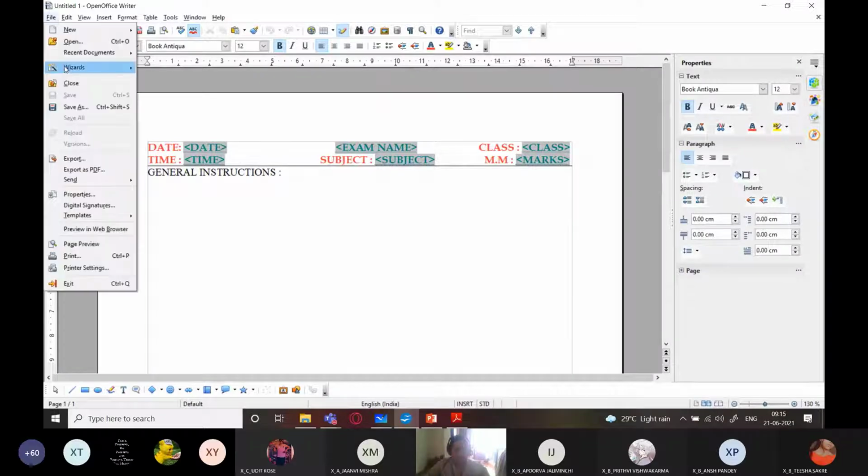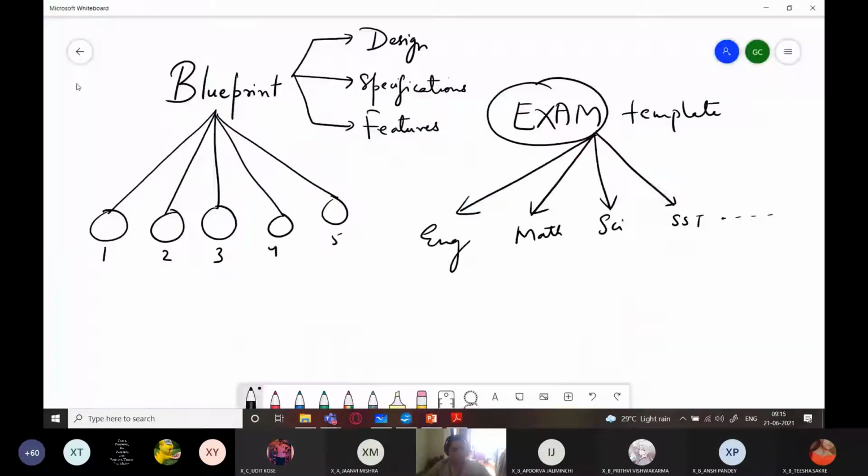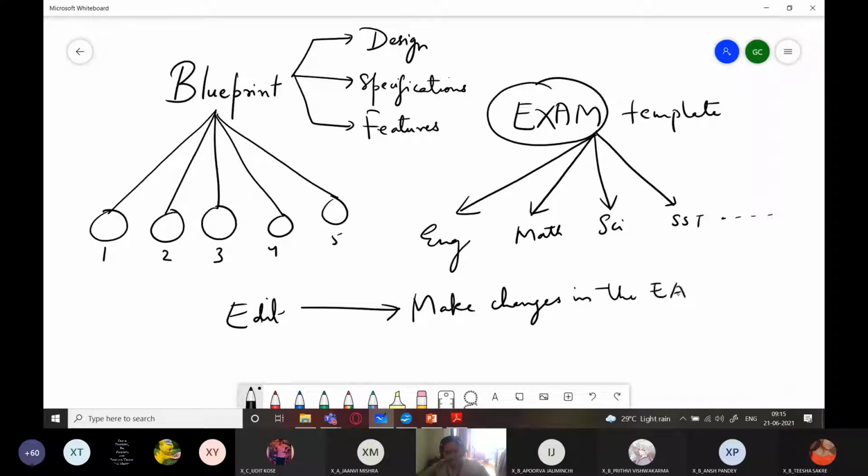So here what is happening is, if I use the edit button, why is the edit button used? To make changes in the exam, or let me say, make changes in the template.